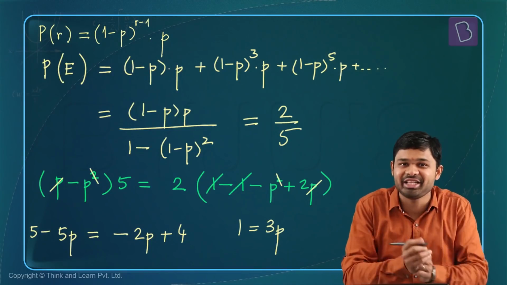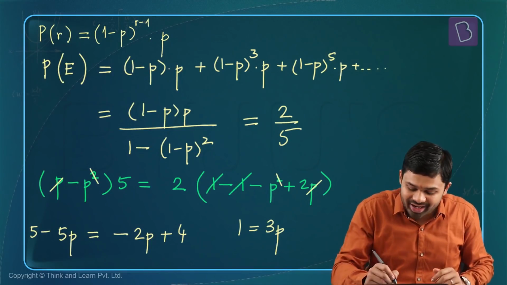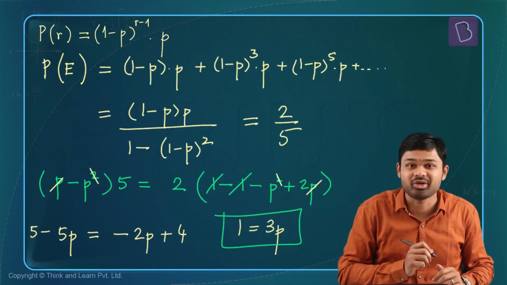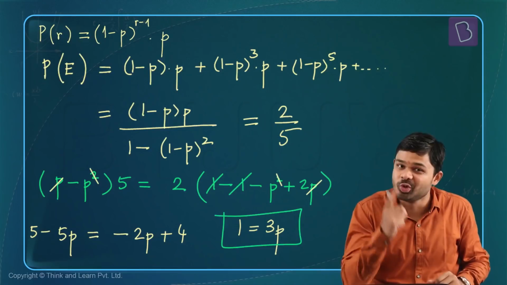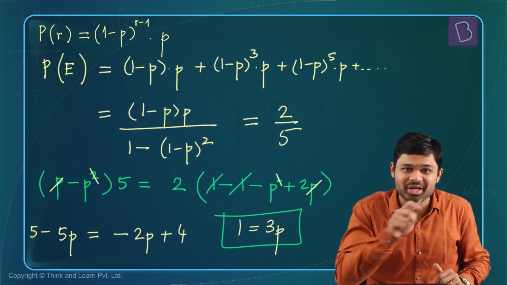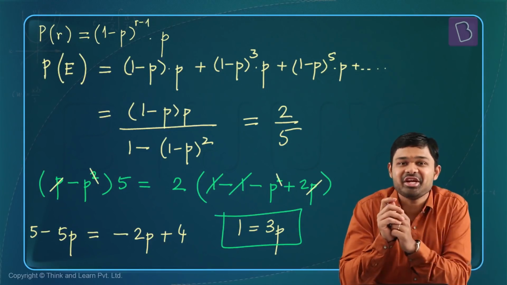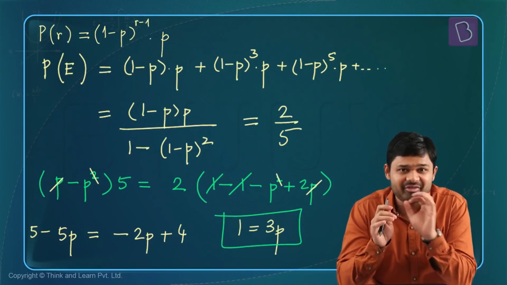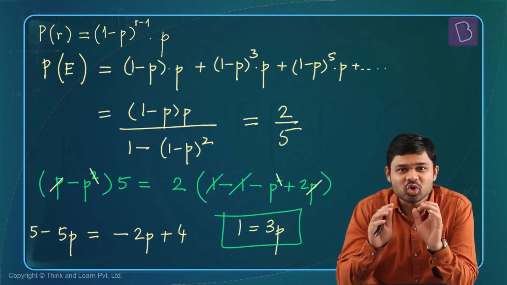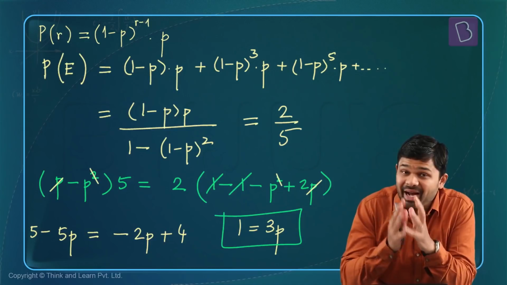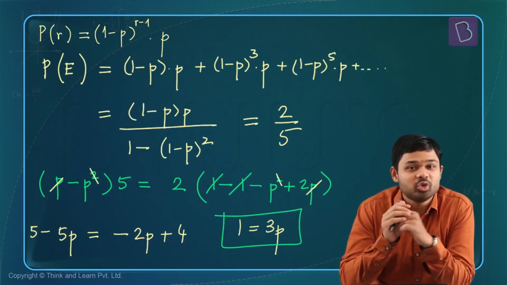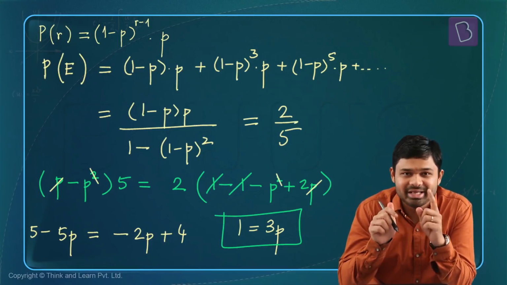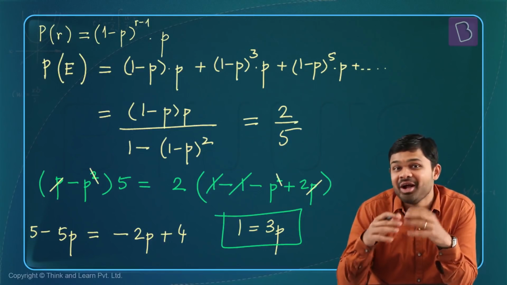We are interested in finding 3p. 3p is 1. Well, that is the correct answer to this particular question. The correct answer to this integer type of question is 3p equal to 1. 1 is the right answer. 1 is what you will input at the end of solving this particular question. A very beautifully crafted question. So even if it's a biased coin, you really don't have to be worried, because we have equipped you well with the concepts of probability that will help you solve questions that have biased coins as well.